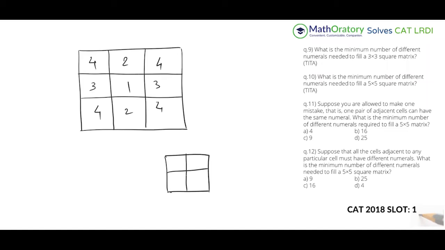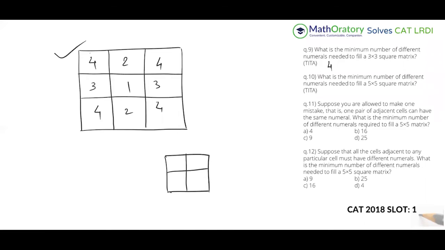So if I take a 2 cross 2 block of this 3 cross 3, I will anyhow require 4 numbers to fill that up, right? So whichever 2 cross 2 you take up, that would definitely require 4 numerals to fill it. So any which way I cannot fill this with less than 4 numerals. But in this case, I'm successfully doing it with 4 numerals. So answer should be 4. So question 9, the answer is 4.